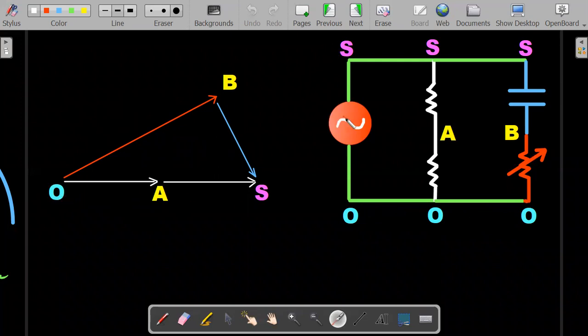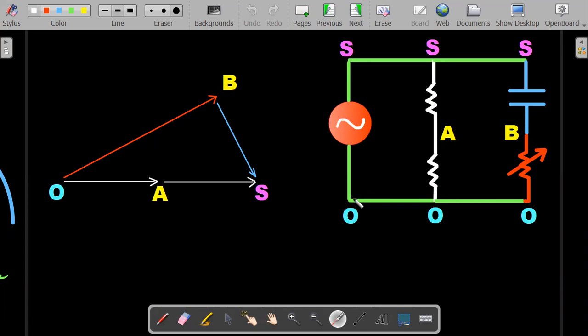And then S is the source voltage. OS vector or the phasor should represent the source voltage. Okay, all these values I will consider them as the RMS values. Okay, so if this OS has to be represented, you can also represent them as a summation of AS and OA. But the beauty is that whenever any voltage source is across a resistor, the voltage and the current across this should be in same phase. Okay, and therefore the voltage across each of these should be half and also in phase with each other.